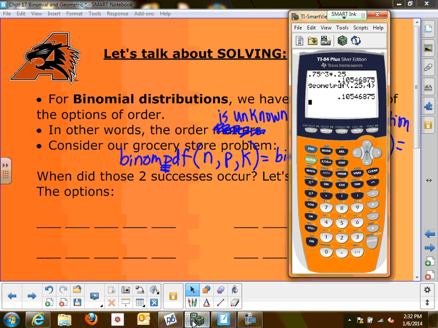So here we go. Let's show you where that is. Same place as before, second vars. So go second vars. And instead of going all the way down, it's probably quicker to go up from the bottom of the list. And it's binomial PDF, not CDF. That'll be cumulative. We'll do that tomorrow. And I want N,